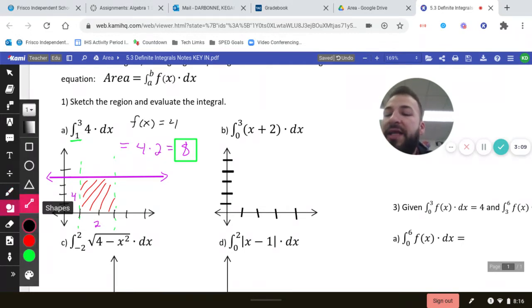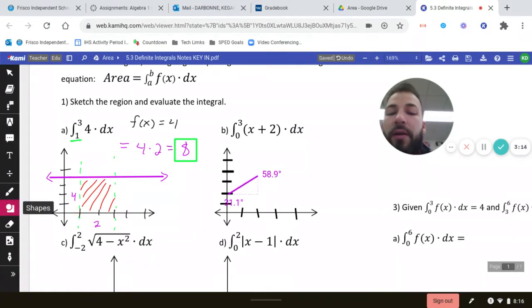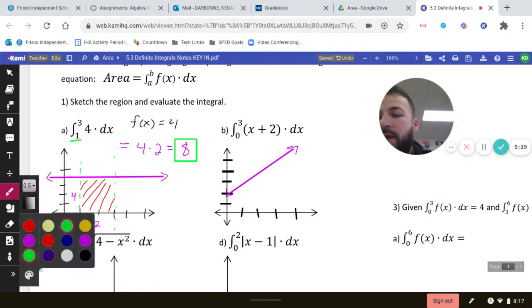And then we have a line that goes through 2 with a slope of 1. 1, 2, so like that. And then I'm concerned about 0 to 3. And this is the area